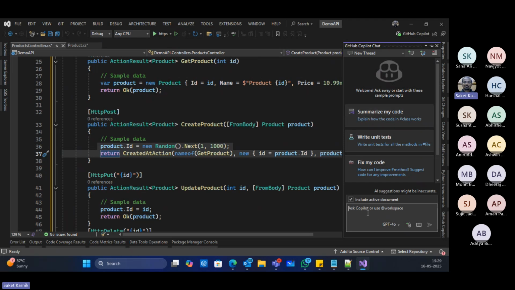And you can also say, okay, validate the data in the create product method before processing it.